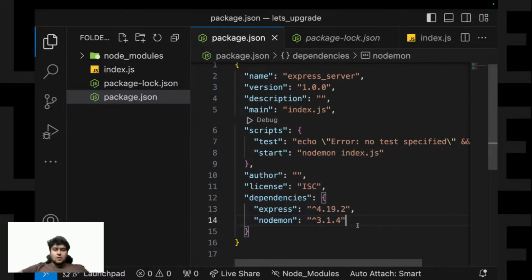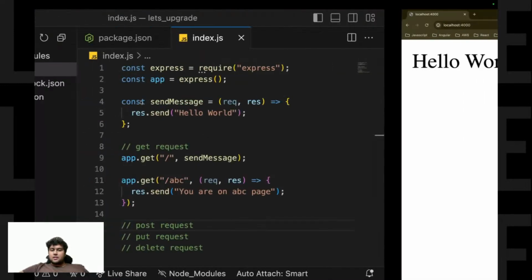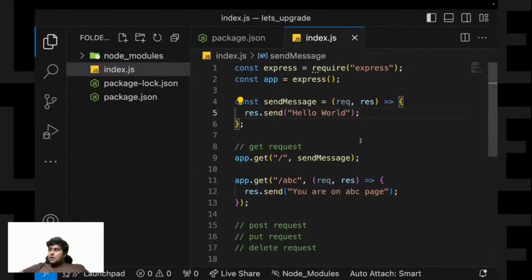Continuing further, I have created a project with the get route, where I can hit the specific URL. I can even assign this function to a variable and call this variable over here.